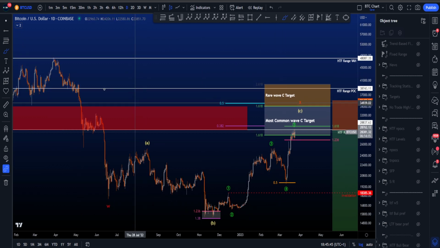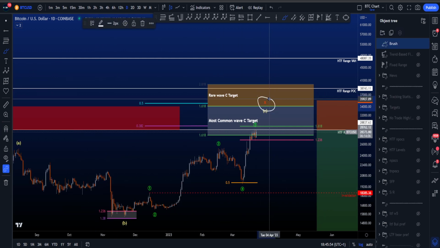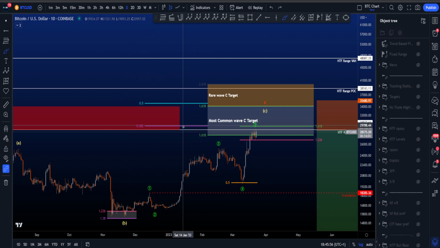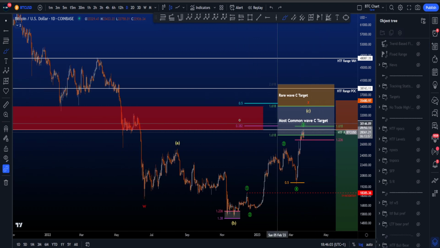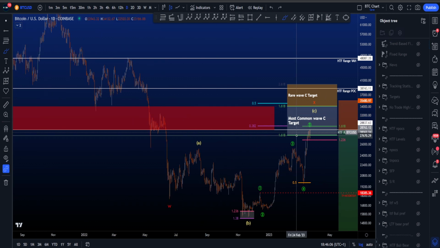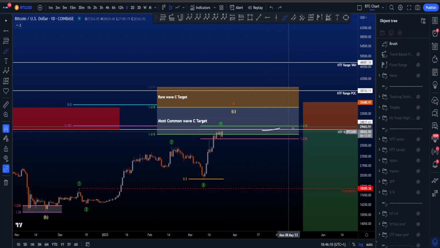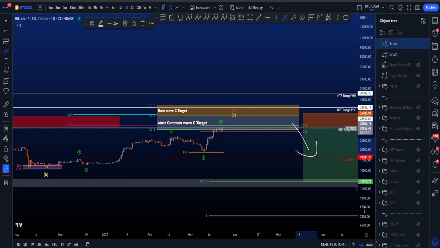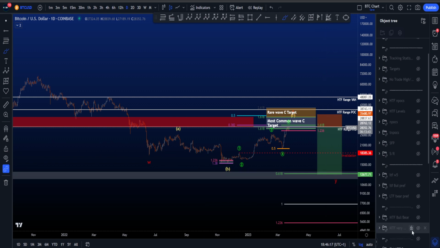The 0.382 is important because it has to do with the red wave X, as these fibs over here are taken from the all-time high to the low of W, and usually the minimum retracement for a wave X is the 0.382 level, which is at exactly the same price as the 1.618, which is 29.6k, and again we have the support resistance area here as well. So very important level for then a potential short setup to the downside with a safe stop loss above, looking for a wave Y to basically between 13k and 9k at least.